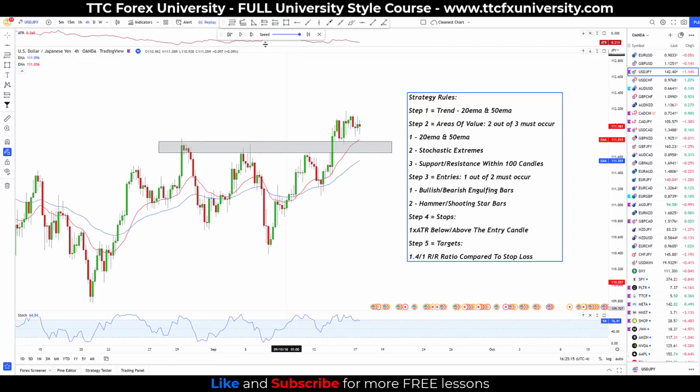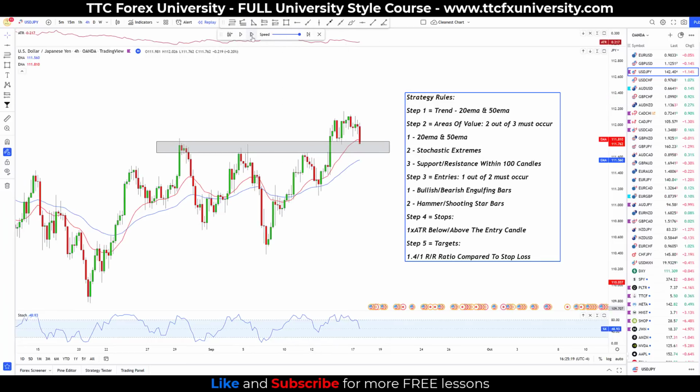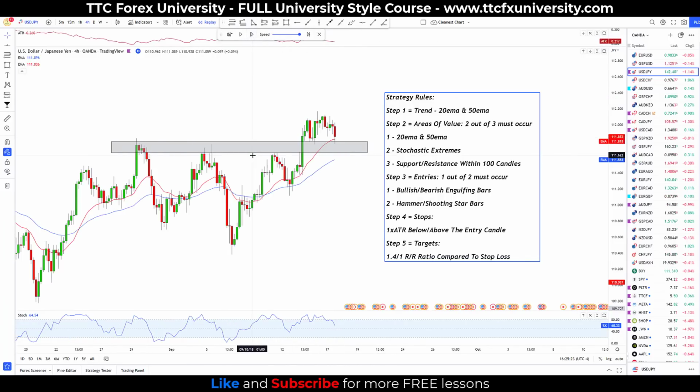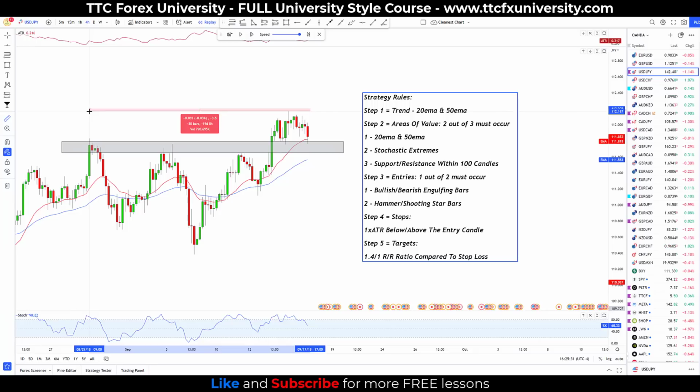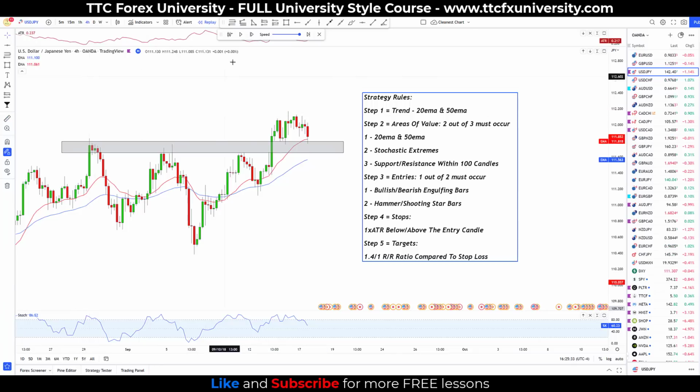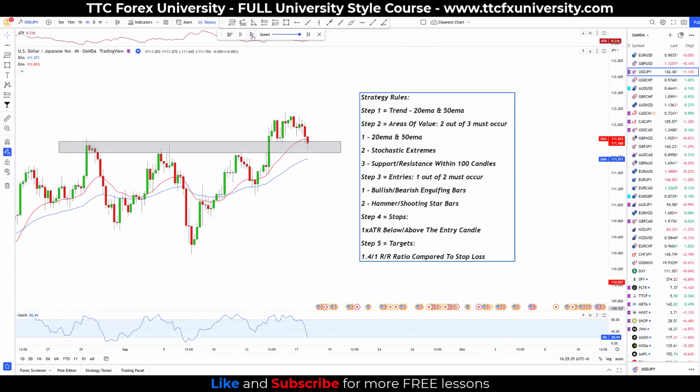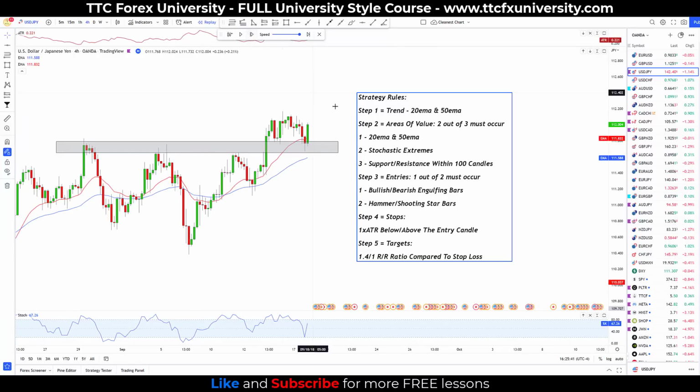So now we have to actually move the market forward. We're prepared, looking for our areas of value. We come into not only the 20 EMA, our red line, but also coming into that previous area of resistance that is within 100 candles. I'll show you that now. If we go left here with our little measuring tool, we're only 80 bars back, which is within 100 candles. Next up, we get another move into our zone of structure, still at that 20 EMA,